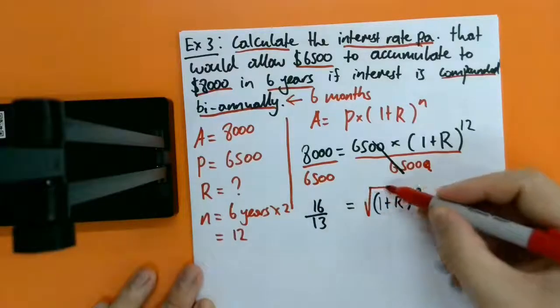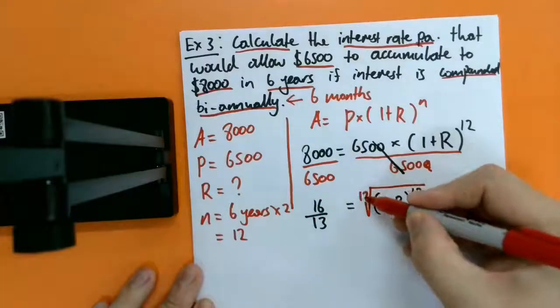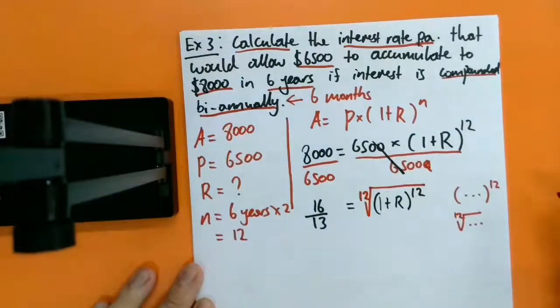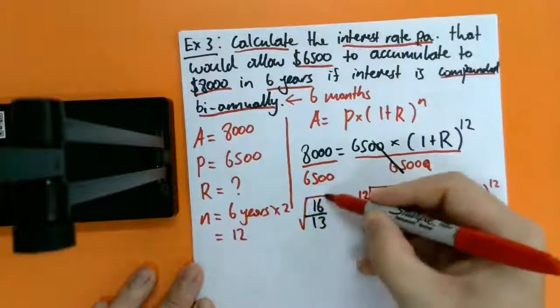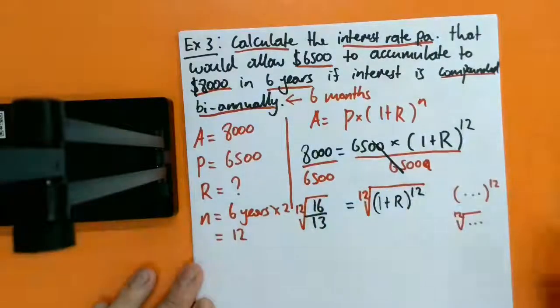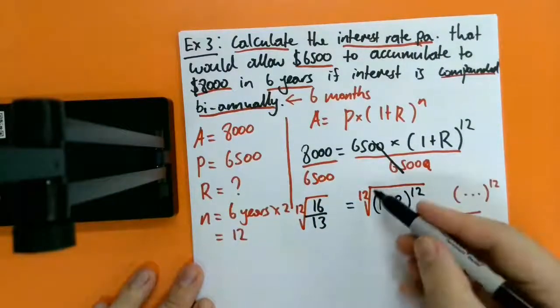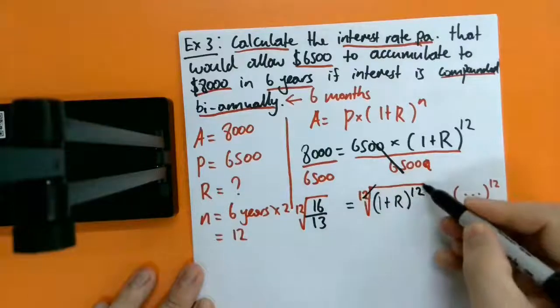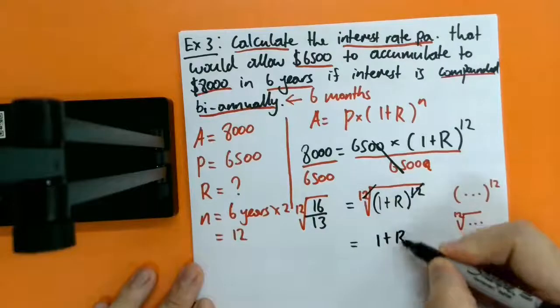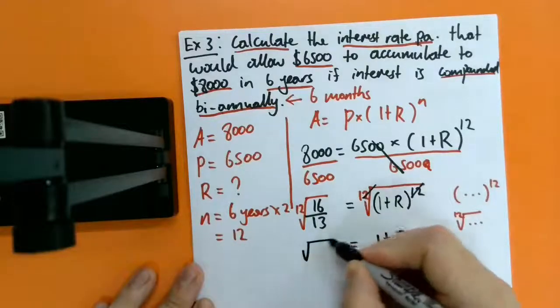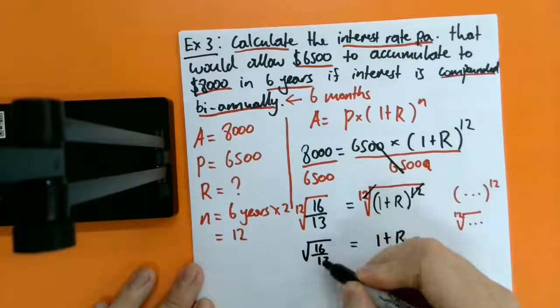So, to combat that power 12, I'm going to take the 12th root of both sides, okay? And what I do to one side, I have to do to the other. I take the 12th root of both sides. What's going to happen then is my power and my square root will cancel on my right hand side, leaving me with 1 plus r is equal to the 12th root of 16